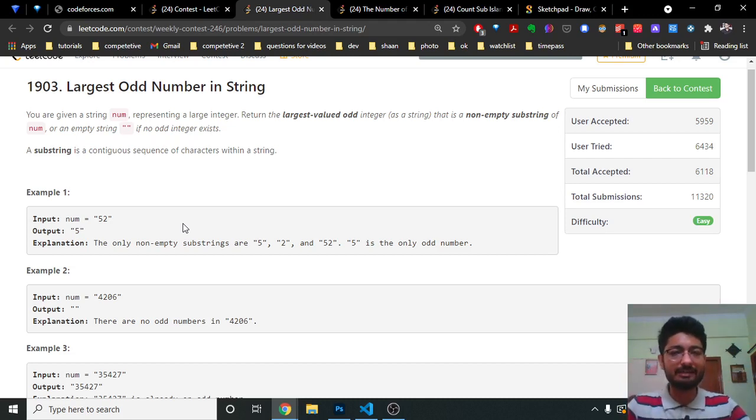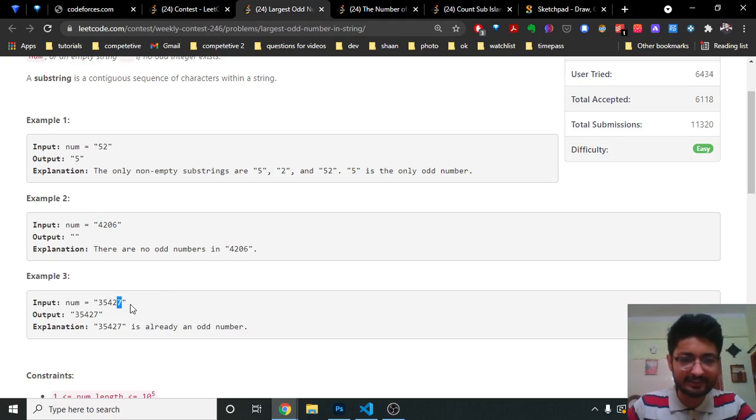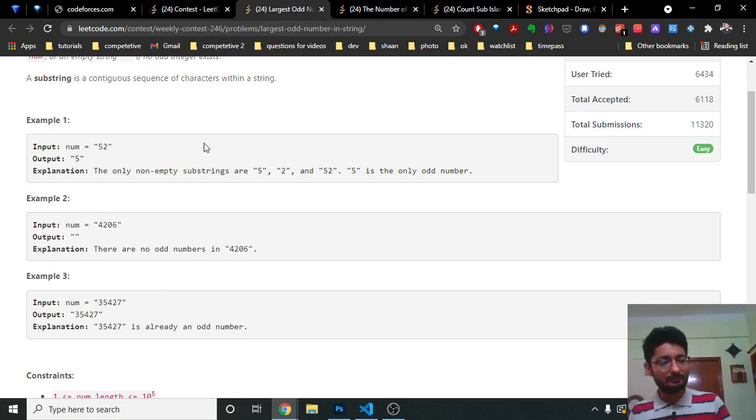So now the basic idea can be: move from right to left and find the first odd number and take that as a whole substring. And if there is no such substring, return an empty string. Because if there is no odd integer, whatever number you choose as a substring will always be even. In this example, the last character is 7, so it's beneficial to take the whole number. If the second character is 5, then all the integers forward to it, including 5, will form an odd number.